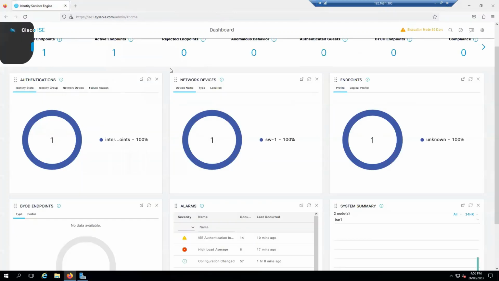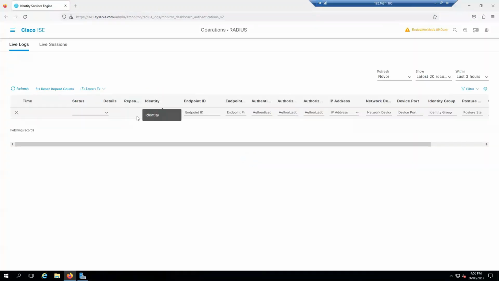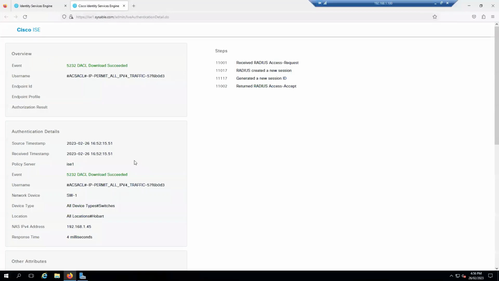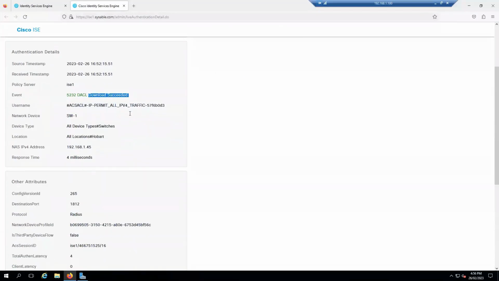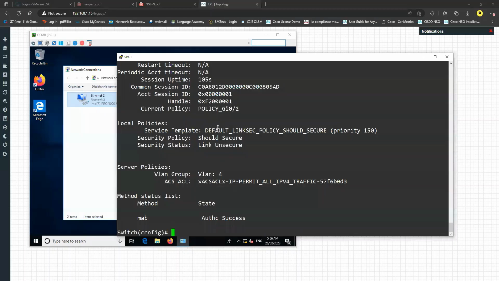So if I come back to operations, live logs, and let me select this one. Under downloads, you see that it has sent the DACL. The DACL was IP permit IPv4 traffic. Now, since that PC has all the access, the other thing is that I need to configure my